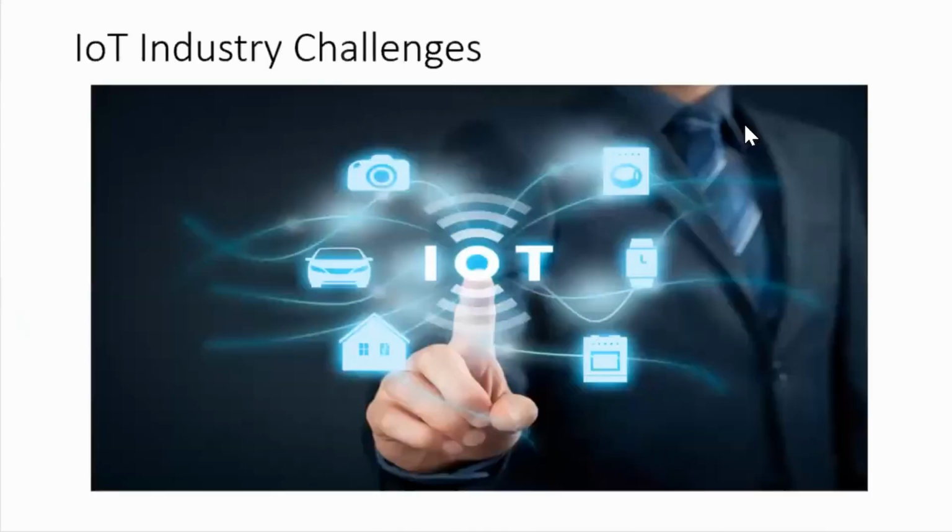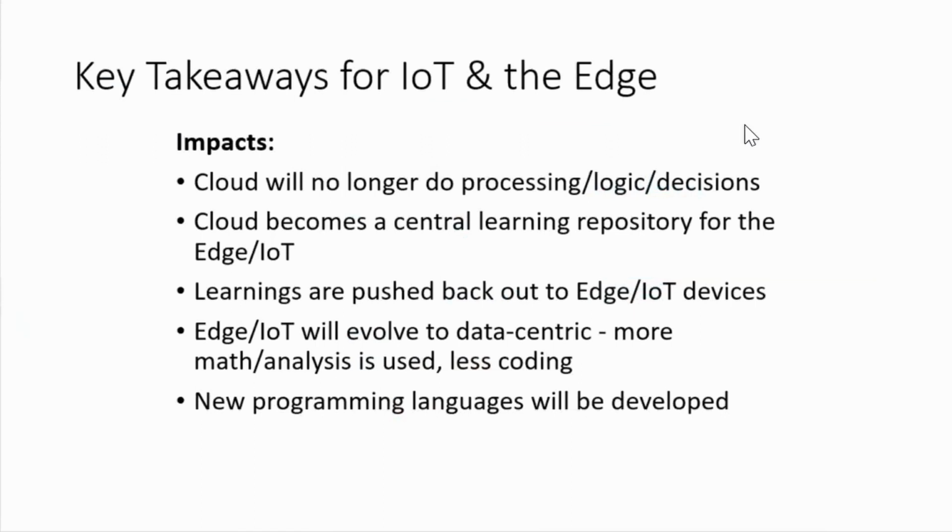So basic key takeaways here for IoT and Edge. The cloud will no longer handle those key processing and logic decisions, right? It will all be done at the edge. Very important. But as we mentioned, the cloud does not go away, right? We still have a lot of machine learning happening, maybe in batch, maybe if I'm offline. I'm going to take my learnings, and when I do come online, I'm going to shoot those up to the network, to the cloud, so that other IoT devices can benefit from those learnings. Okay.